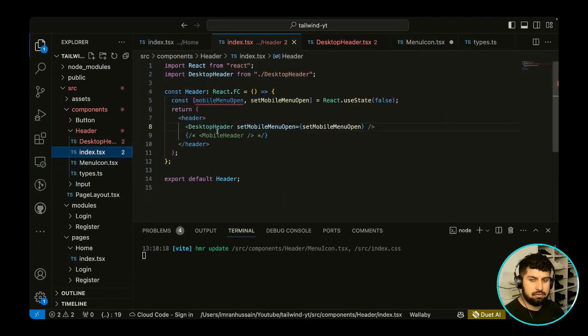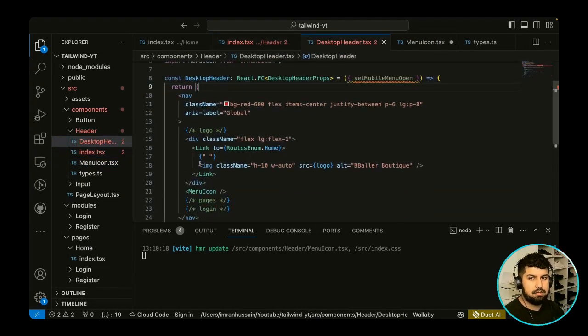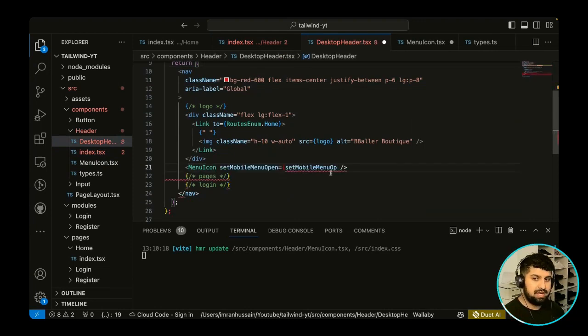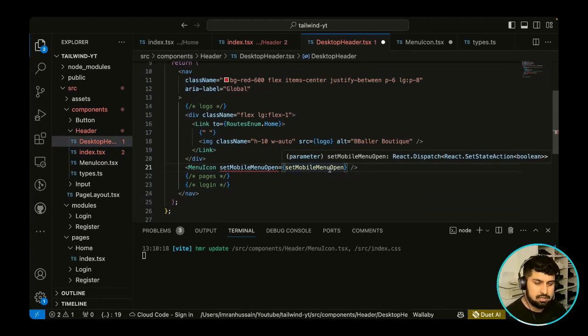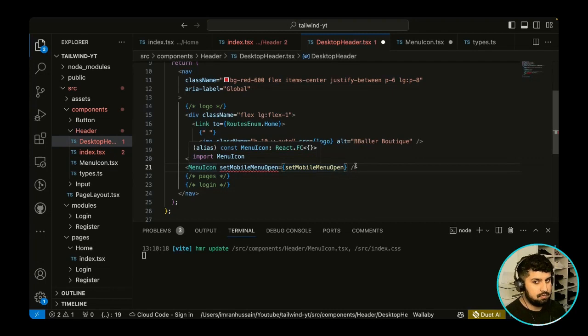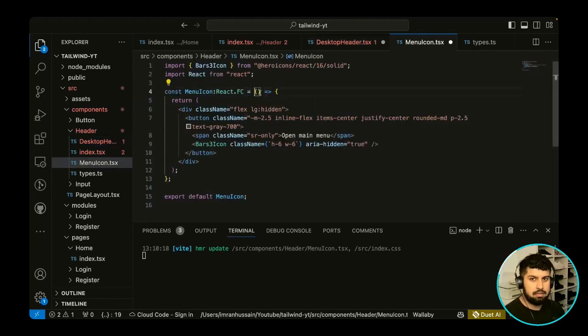So first of all, we have this here. So in our desktop header, we go further into it, and then in our menu icon, we want to pass it in. So this is prop drilling, which again has its pros and cons, but because we're not using global state management in this app, we're just going to have to deal with it. So we're passing in setMobileMenuOpen in here, and then when we click on the menu icon, let's destructure it from here. So now on the button, I want to add the onClick of setMobileMenuOpen to true, like so,